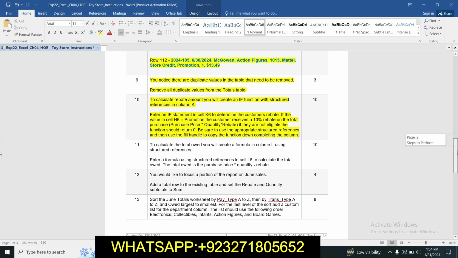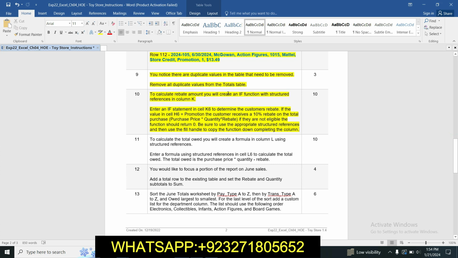Go to the next step, that is step number 10. Step number 10 is about calculating the rebate amount. You will create an if function with structure references in column K. Enter an if statement in cell K6 to determine the customer's rebate. If the value in cell H6 is equal to promotion, the customer receives a 10% rebate on the total purchase: purchase price multiply quantity multiply rebate. If they are not eligible, the function should return 0. Be sure to use the appropriate structure references and then use the fill handle to copy the function down, completing